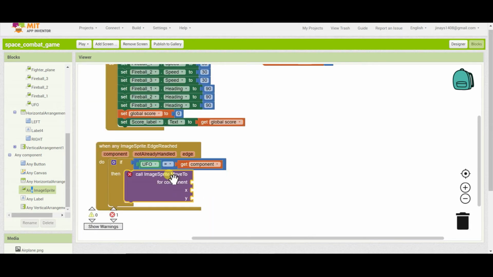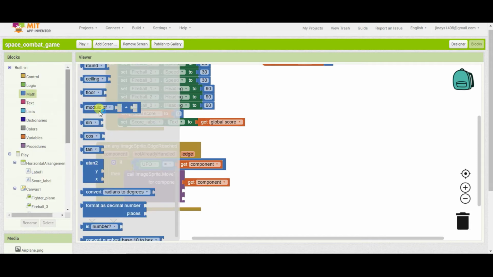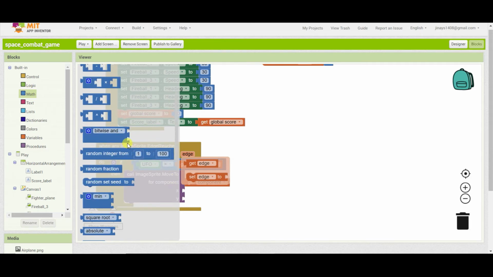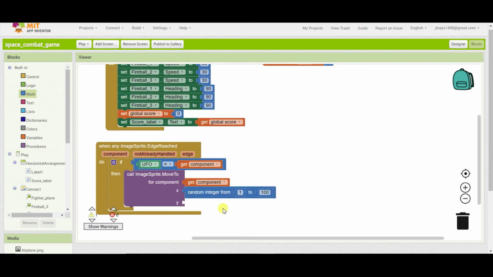So we will drag this block. Component will be the get component. X will be random integer from 20 to 300. And y will be 0.